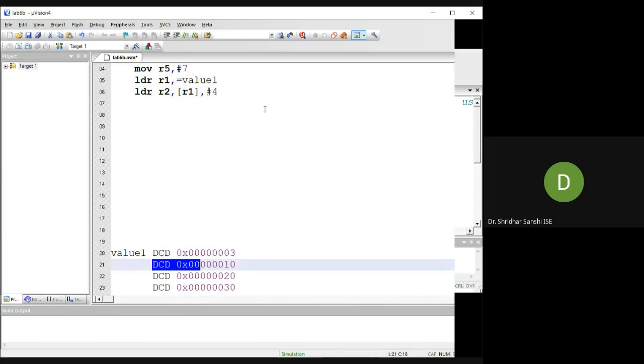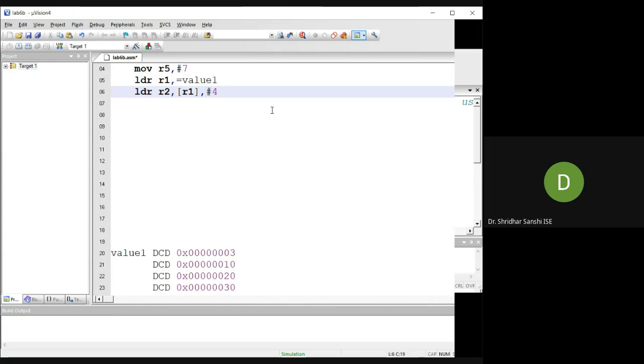If a question is asked for only 16 bit, then I need to add 2. And if it is asked for 8 bit, then I need to add 1, right? I'm telling you because I will be asking different sizes in the test. So we are adding 4 here in order to point to the next location.